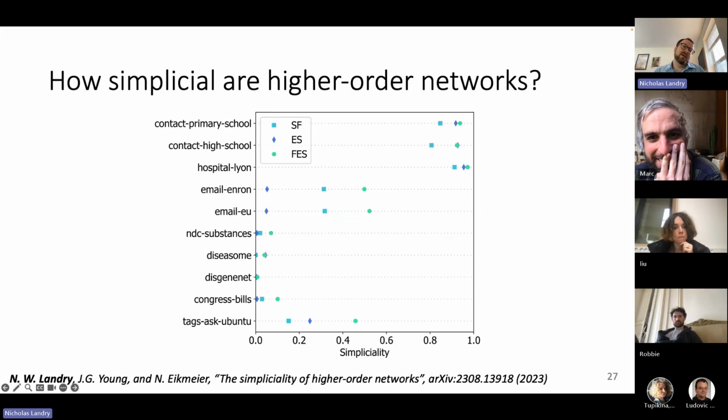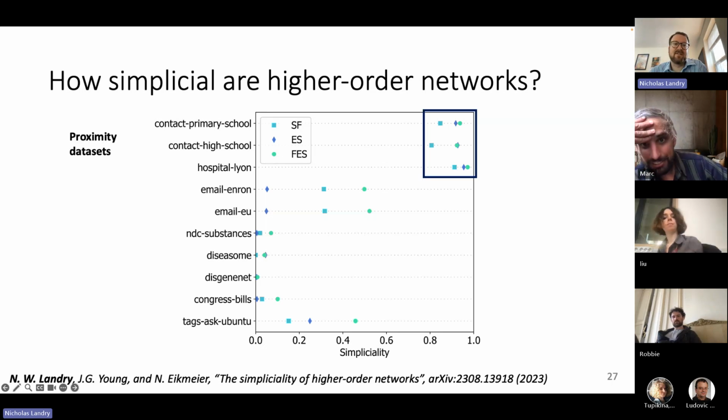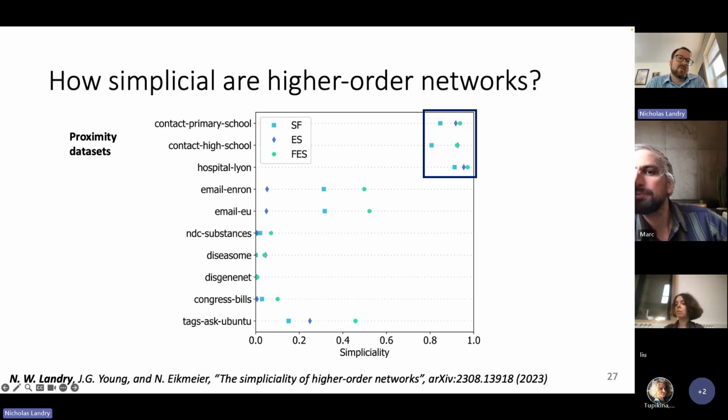So I'm going to reveal the results. It turns out that email is a second place, but that is an interesting data set that I'll talk about in a second. It turns out that proximity is by far the most simplicial. And what's interesting about this is I think it has something to do with the density. These are extremely dense networks. Every 20 seconds, you get a ping between these badges. And so I think it's just because of the sheer density that these are the most simplicial.